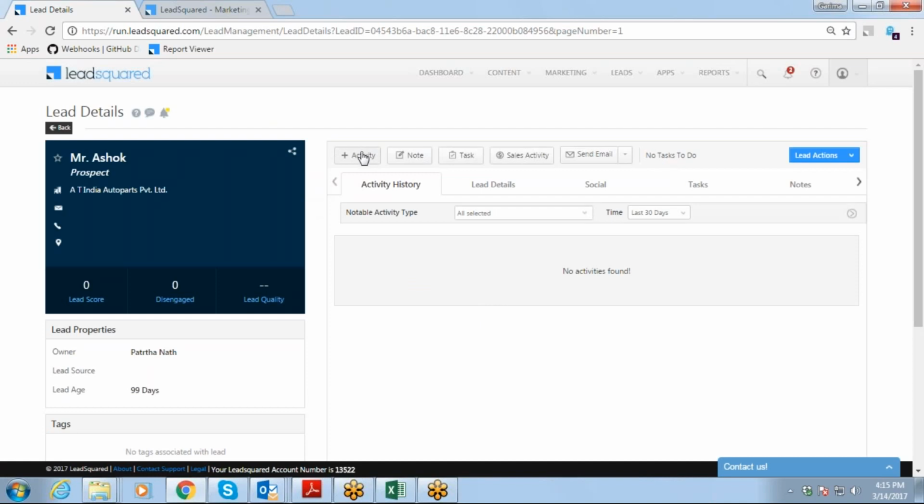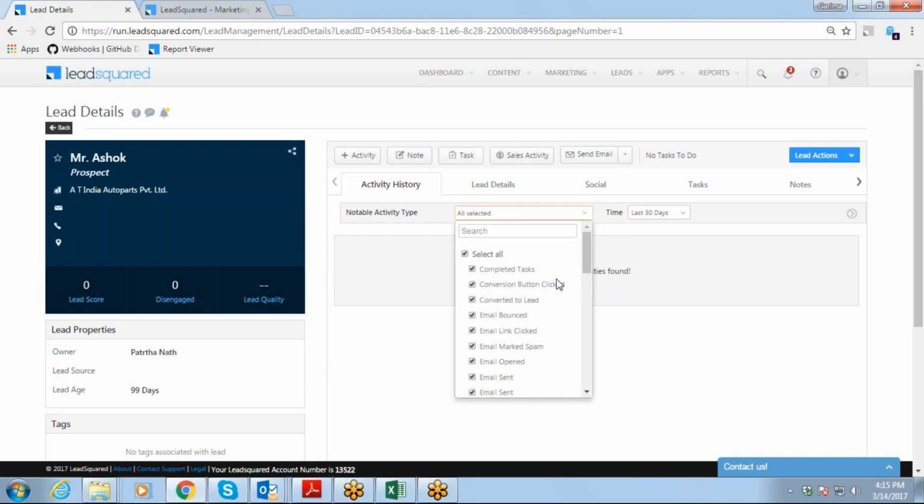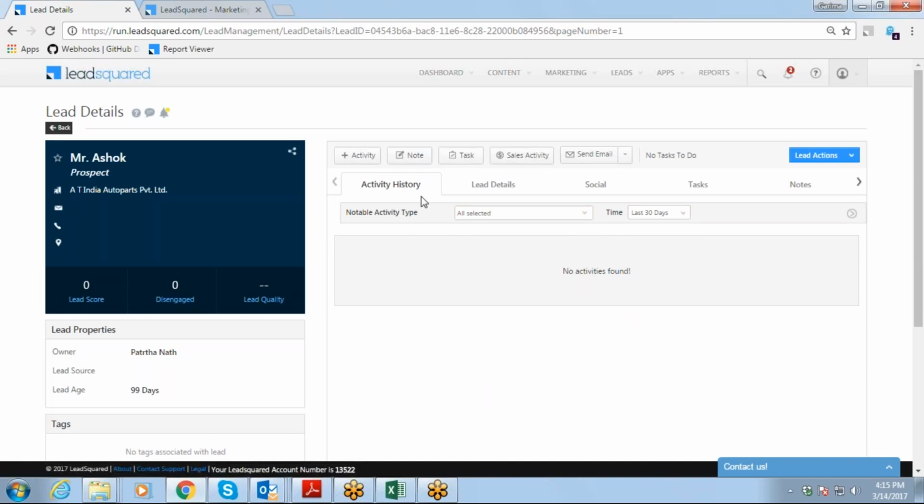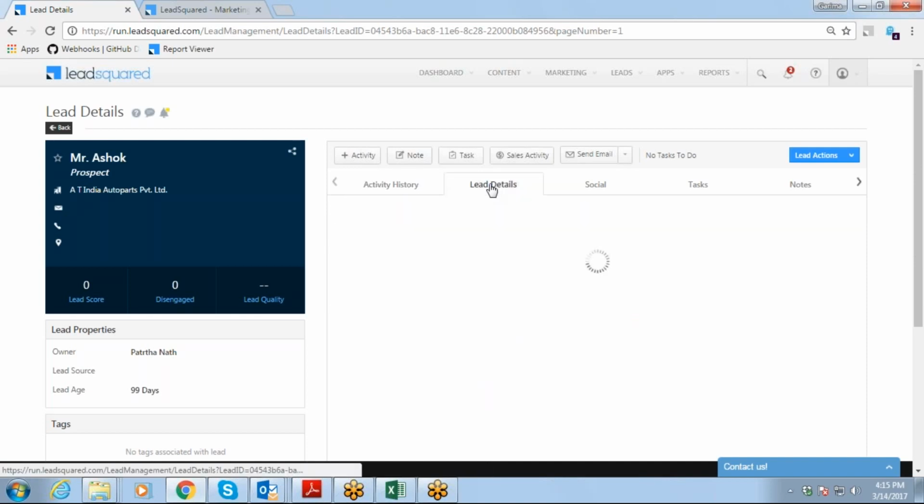So two types of activities are there. If you want to add manually, you can add manually, and other things will be done by the system, right? So this is the activity history thing. You can just select these activities, how many activities you want to see here. You can just select the time and you can just filter them out, right?